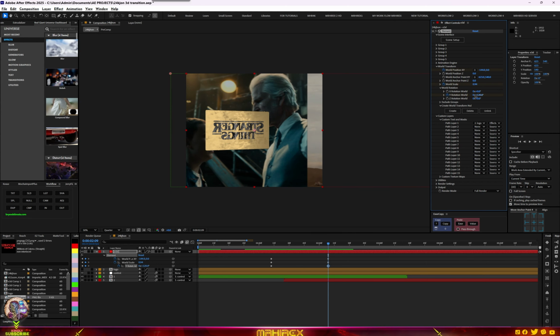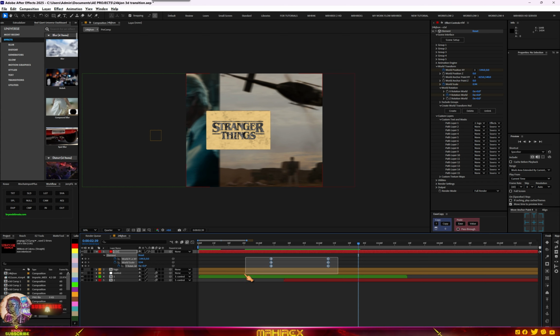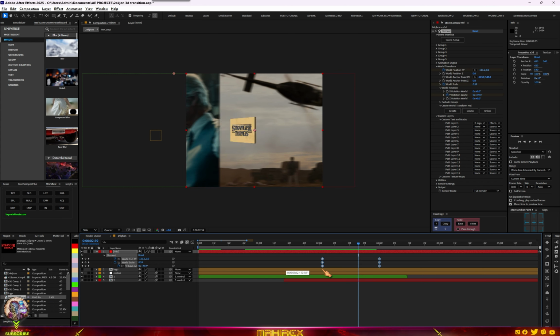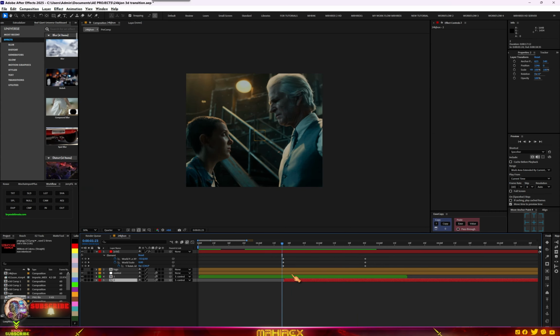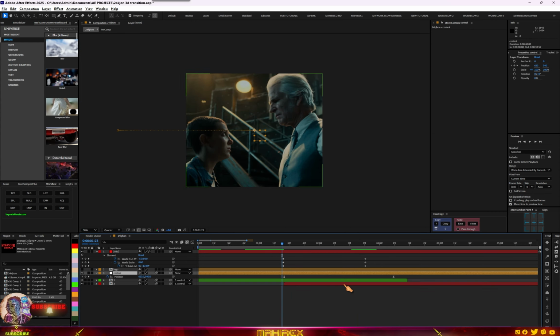let's just go to this side here and now increase the scale. So now let's go to our Y rotation. Let's rotate it just like this. So now let's match this to our transition. Go to your null object, copy the same ease and let's add it to our